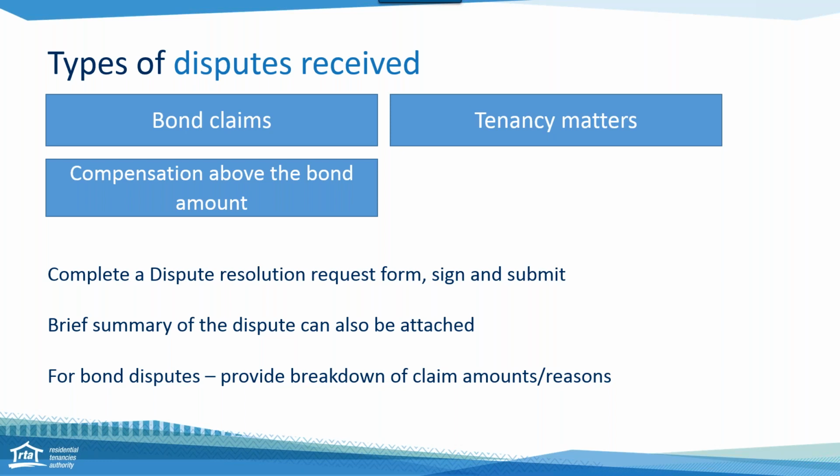If it is a bond-related dispute, agents and owners should ensure that they have shared the claim amounts and also the reasons and any invoices with the tenant. Don't keep it a secret, ensure everybody has a copy. And that's a two-way street. So likewise for tenants, if they have information or evidence, they should also be sharing that with the agent or the owner as well. I really want to point out, just because a dispute has commenced, this does not stop parties from talking with each other to resolve the matter. And that's really important to understand that. So just because a dispute request has been lodged, you can still talk to each other and try and get a resolution.